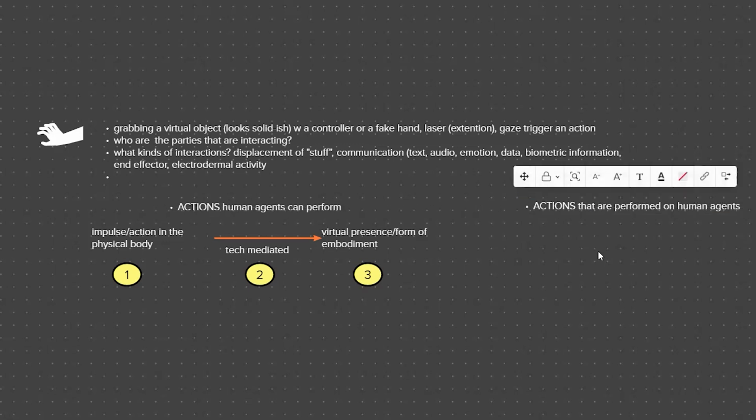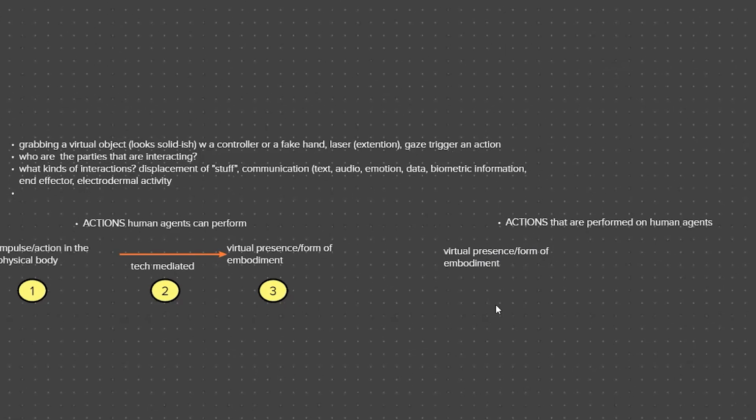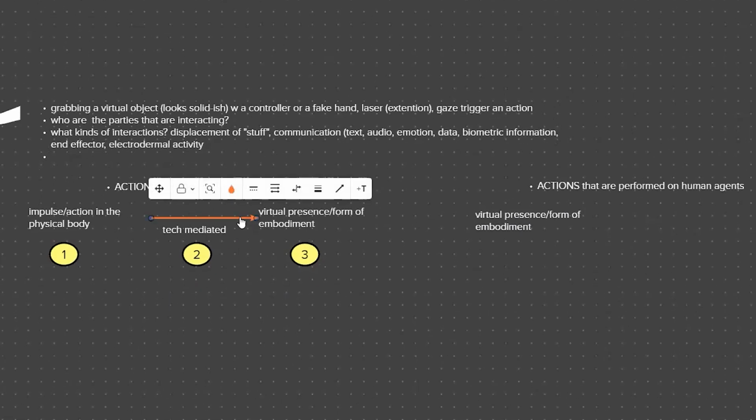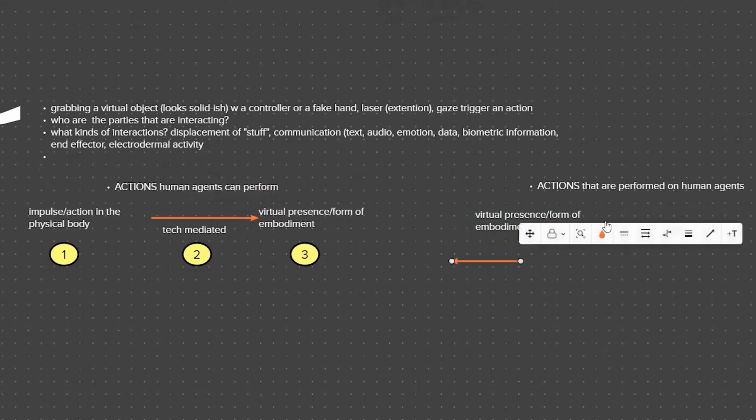I think there's a fascinating list of potential things that are performed on us as human agents in the virtual space. And I think in this case, perhaps we start with this one. So what can be performed on us, or how we perceive that, depends on the particular type of embodiment or presence that we have that day or in that situation. And then the arrow, I feel like, almost goes the other way,